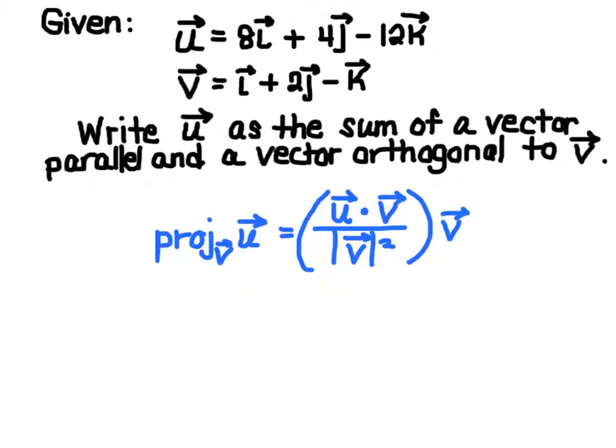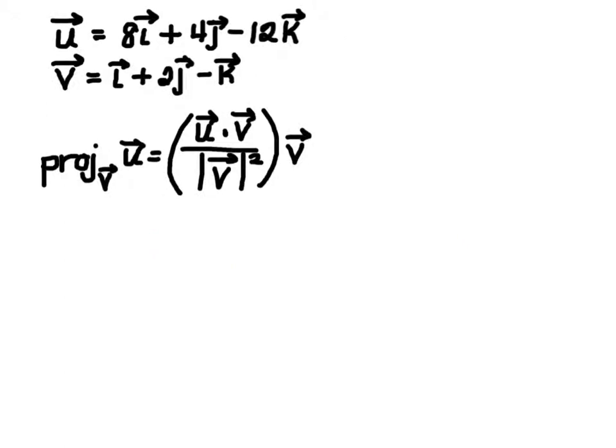And then we're going to take vector u and subtract this projection of u onto V, and that's going to give us our orthogonal vector. Okay, so let's find the projection of U onto V, and we're going to start